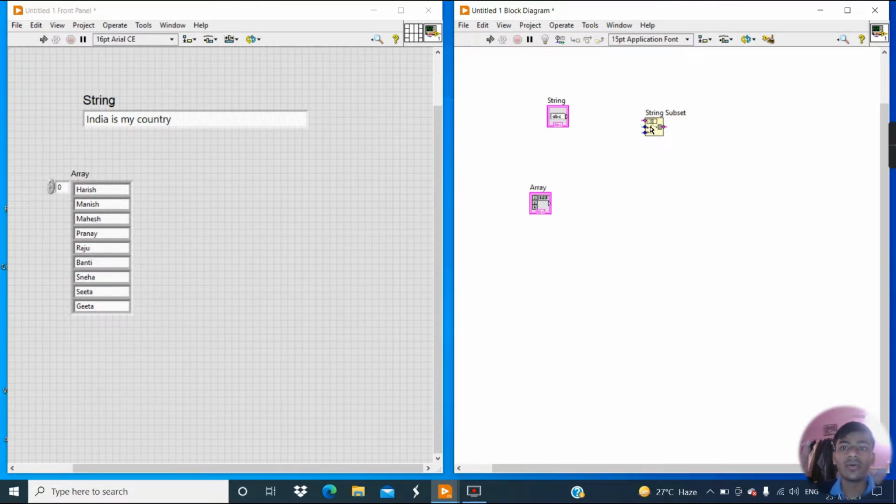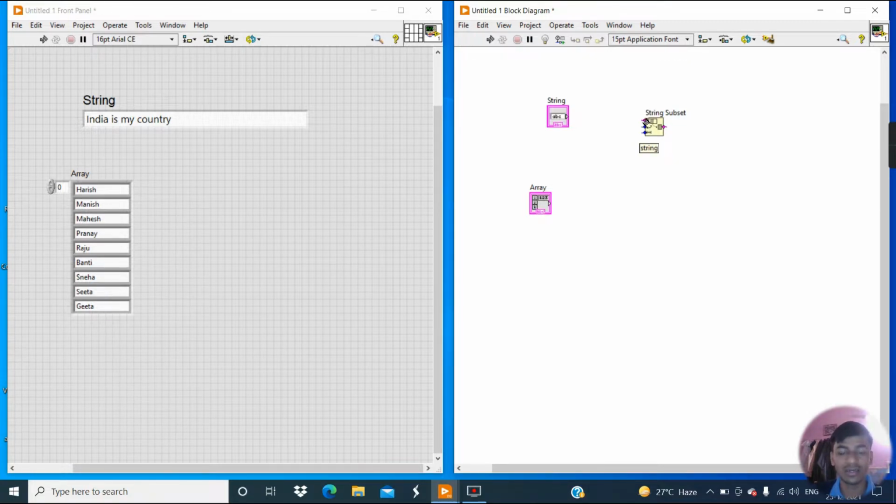Now here you can see the name offset. Offset means the beginning of the word which you want, and here is the length. Length means how many characters of the word you want. For example, right now I want this word country, so I need to mention the offset and length.